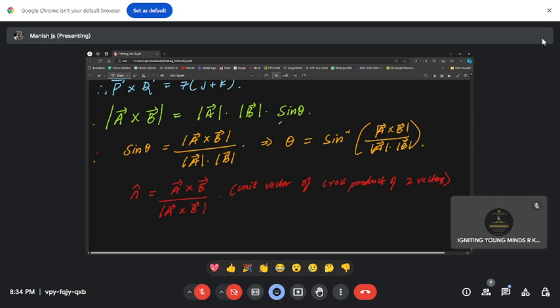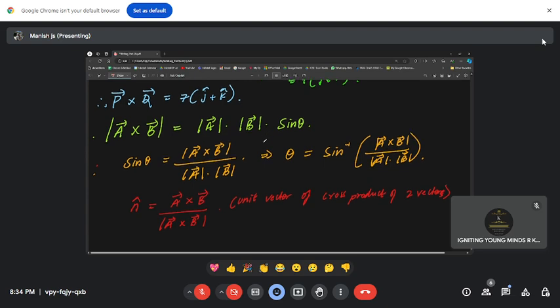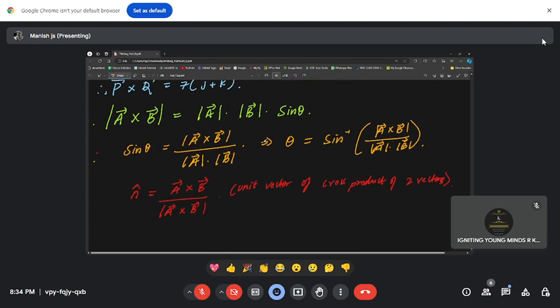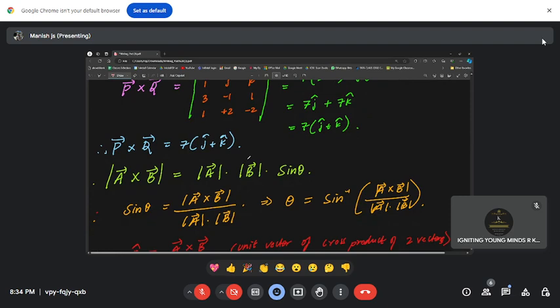Okay, so I hope it is clear, children. Whenever you have two vectors, evaluate the cross product by using the matrix method. Then we have seen how to find the angle between two vectors in terms of the cross product, and finally the unit vector of the cross product of any two given vectors can also be found. So these are the concepts for vector cross product. Please keep this in mind.